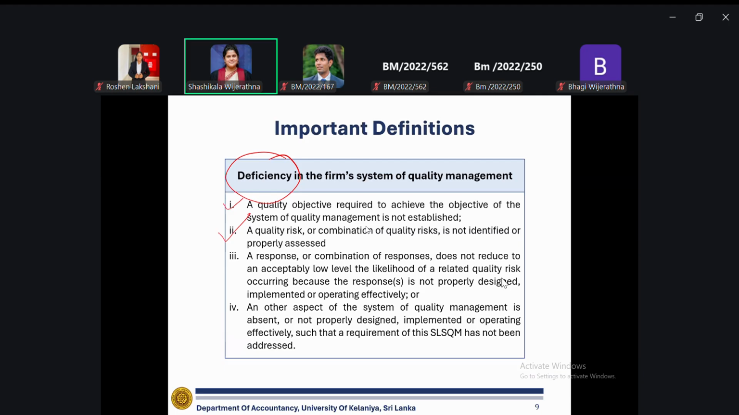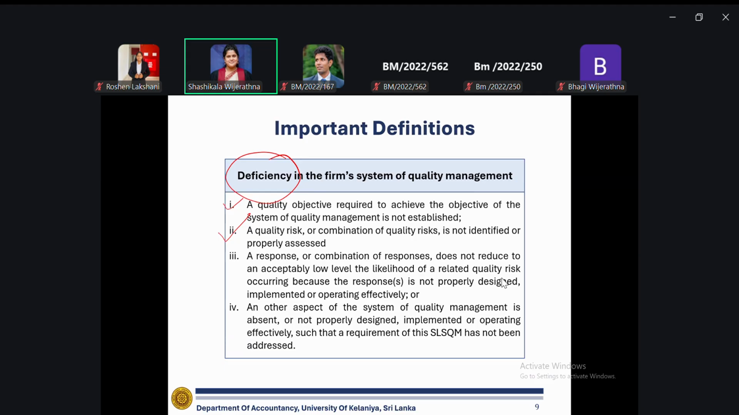We have a case study to discuss at the end. A quality risk or combination of quality risks is not identified or properly addressed. So there is a separate mapping to identify this quality risk. I think I didn't upload that to the LMS, I will upload that. Depending on the 5 components of the quality management framework, we have to identify